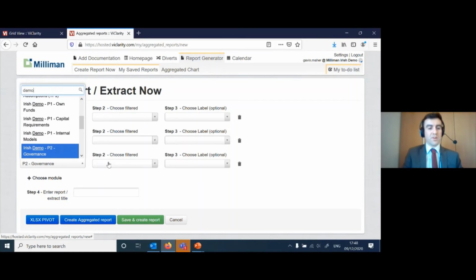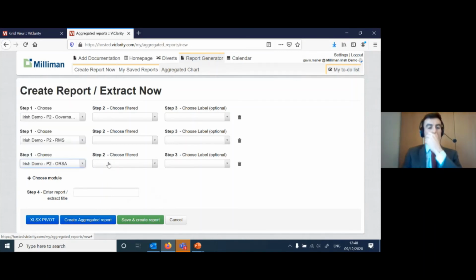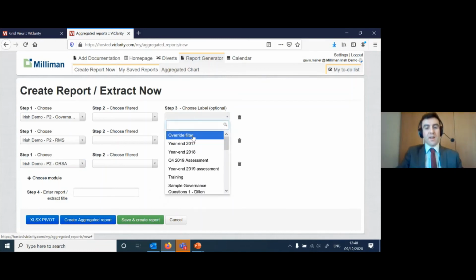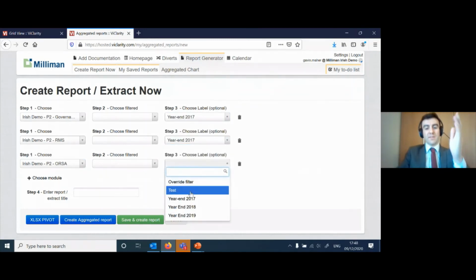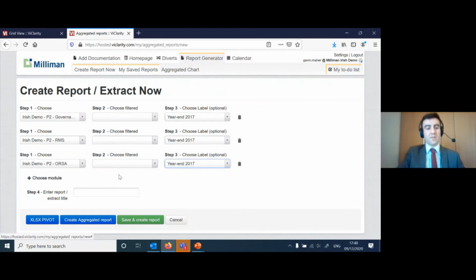And then we'll put in Pillar 2 ORSA. So this would create a report fully on the Pillar 2 questions altogether, and you just pick the consistent label here. So year-end 2017, and they're the vertical labels with all the questions inside them. And you can add a title here and say Pillar 2 year-end 2017. And if you hit this create an aggregate report, it puts everything together.